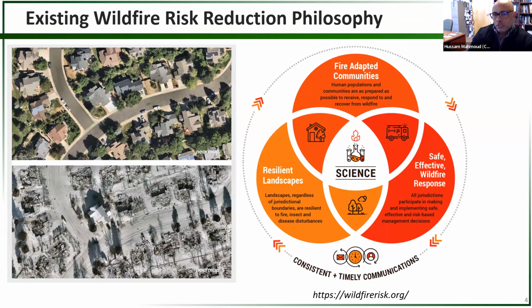So one of the most important things, of course, is that the existing wildfire risk reduction philosophy is centered around fire-adapted communities, resilient landscape, and safe and effective response. If you look at all these three circles, and this comes from a website called Wildfire Risk, you'll find that all three are connected. You cannot determine if your landscape is resilient if you're not able to predict wildfire risk in that area and determine